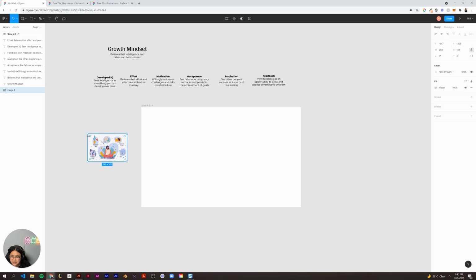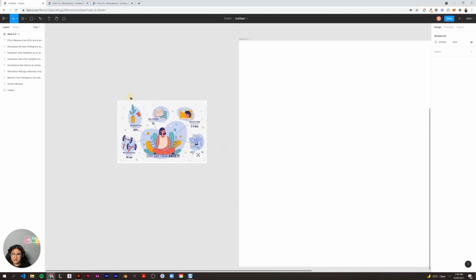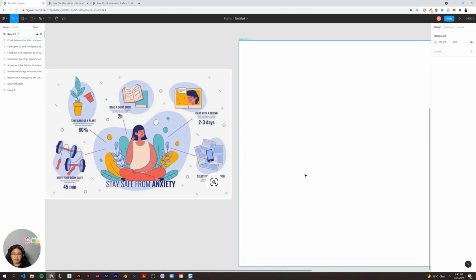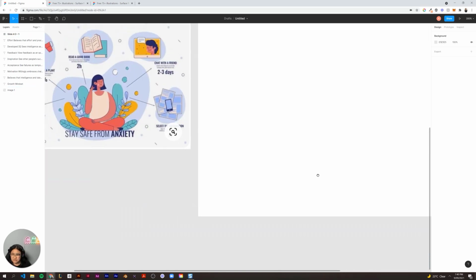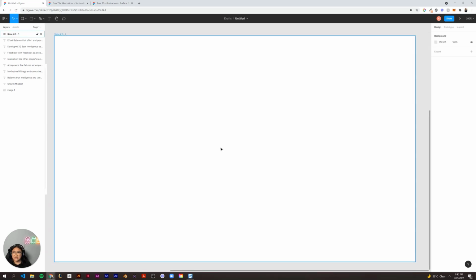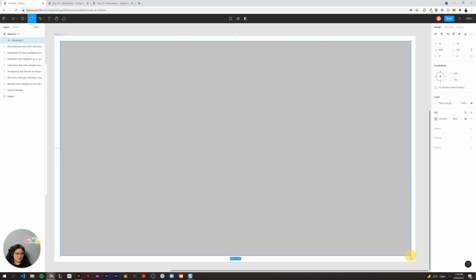I like that it has a nice gray. Let me just move this in closer so you can see our reference guide. It's a nice little gray background there, so it'll make our illustrations pop quite a bit with that nice contrast. So let's create that rectangle background. So you can select R as the shortcut, or just go up to the top nav bar here and select your rectangle tool. Positioning it from the corner, drag that outwards, make sure the border's even,